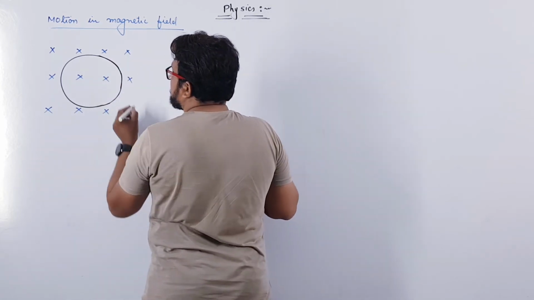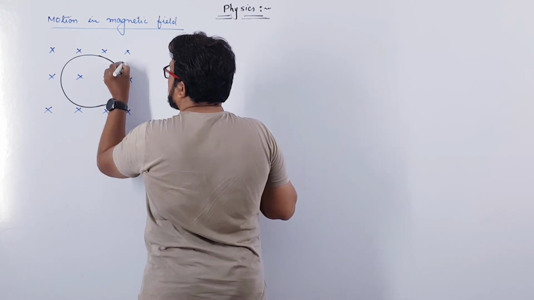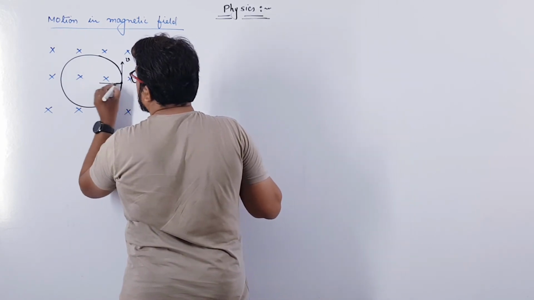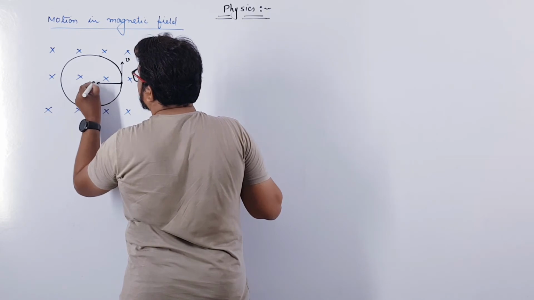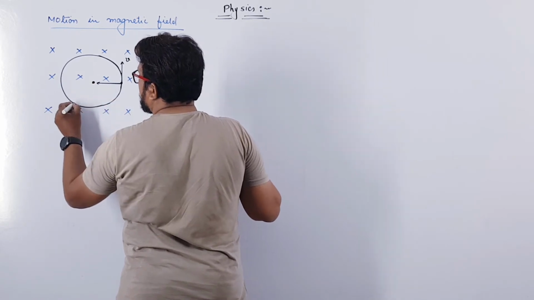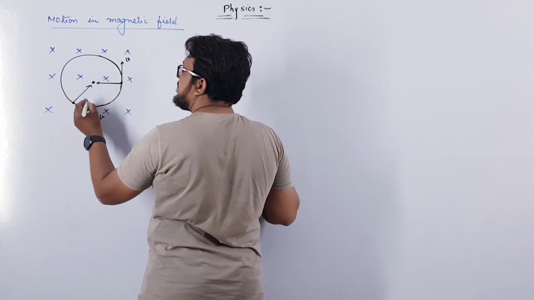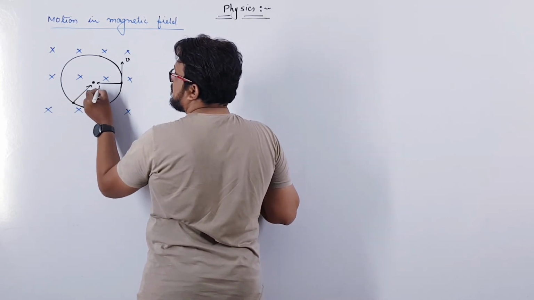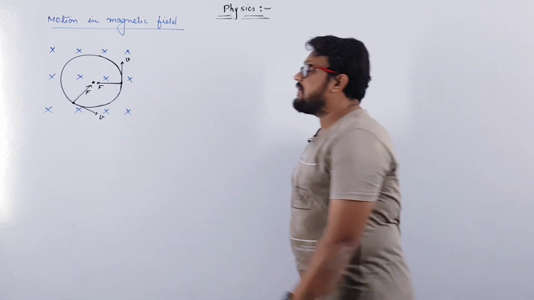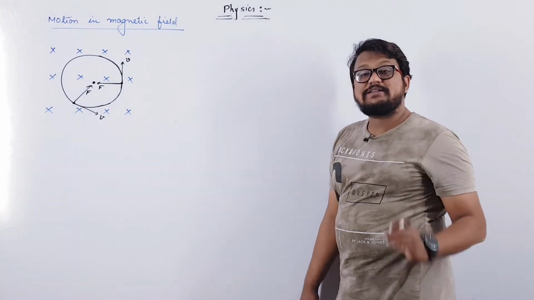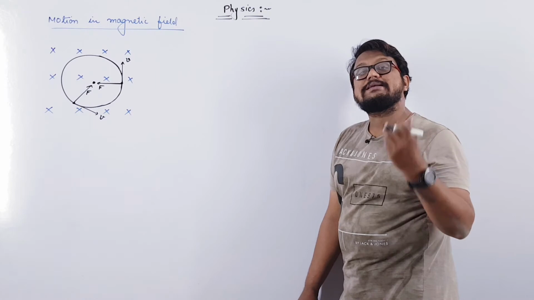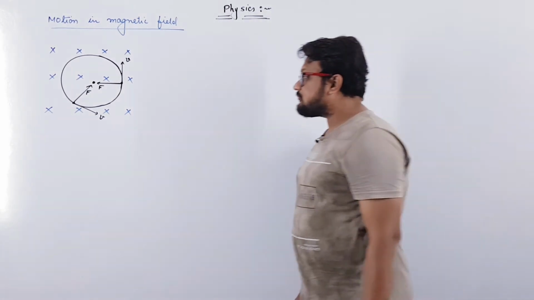Suppose the particle is here, its velocity will be in this direction and the force will be acting towards the center. In the same way, for any other point here, velocity will be in this direction and the force will be acting towards the center. So clearly we can see that the force is acting towards the center, meaning this magnetic force will provide the necessary centripetal force. So for that,